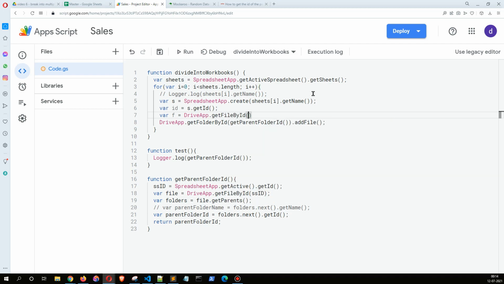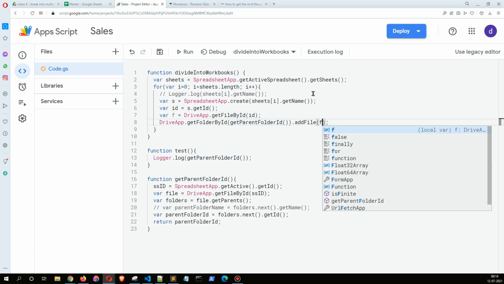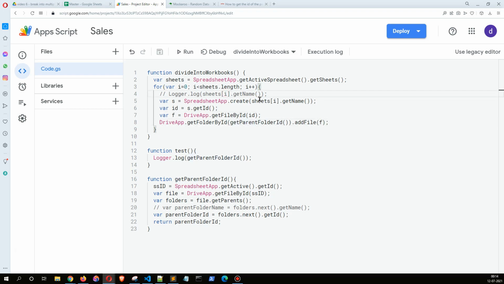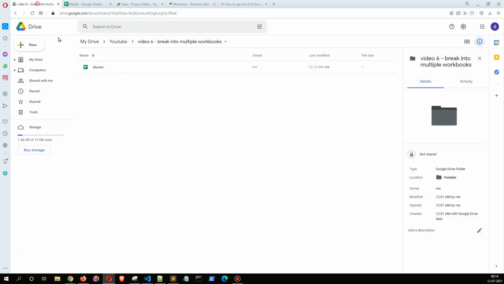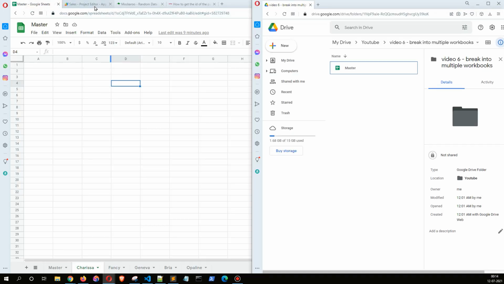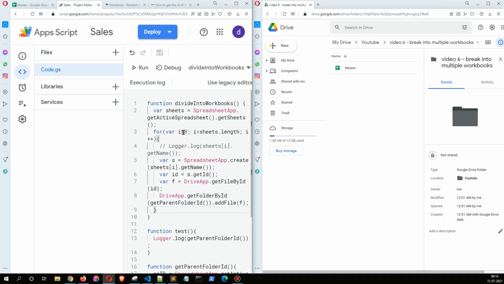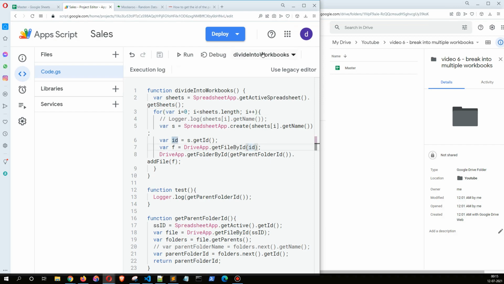And that is going to take the ID, and this file I can pass into this method over here, and hopefully this is not going to give me an error. Let me just break it into two parts so that we can see this in action. Now I'm going to select this method over here and click on run,